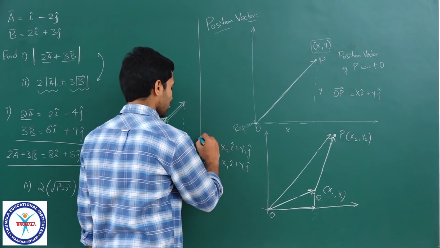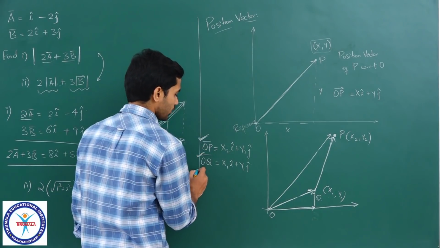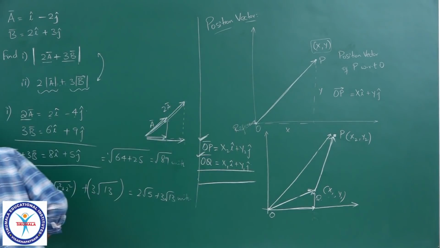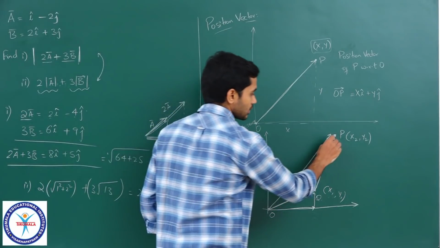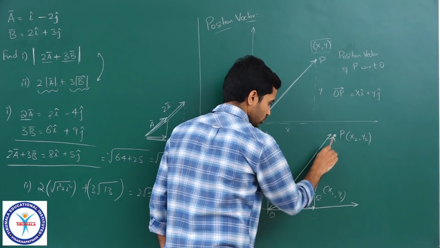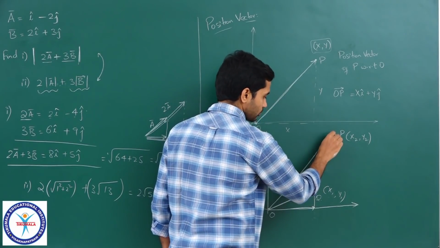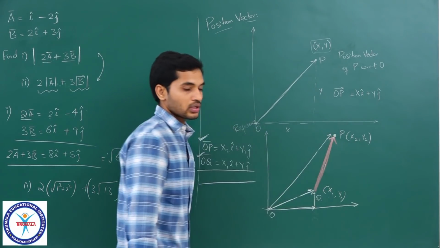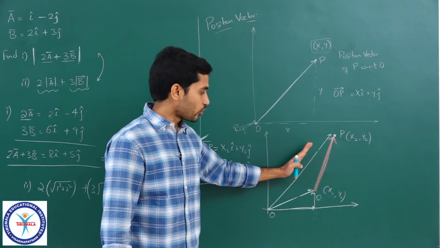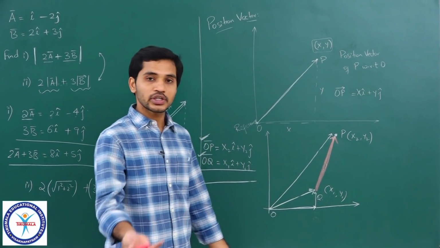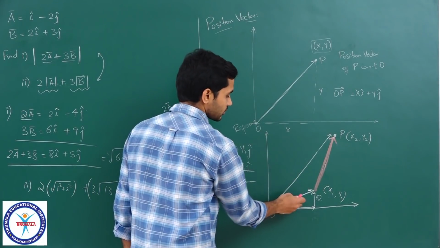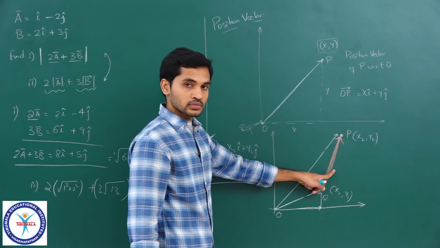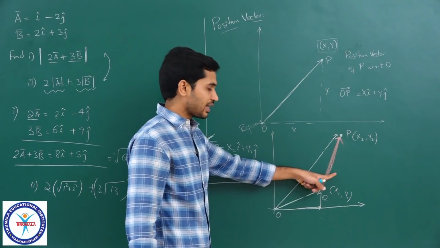Now using these two vectors, this one and this one, I am now going to find our actual vector which we need. So let me represent the actual vector which we need with a different color. So this is the vector which we need, the vector which joins P and Q, right? So this is the vector we are looking for. Now for finding this vector, I am going to use this vector and this vector. Now what should I do? By using this vector and this vector, what should I do to get this vector? If I add these two, will I get this? What should I do? If I subtract these two, will I get this?